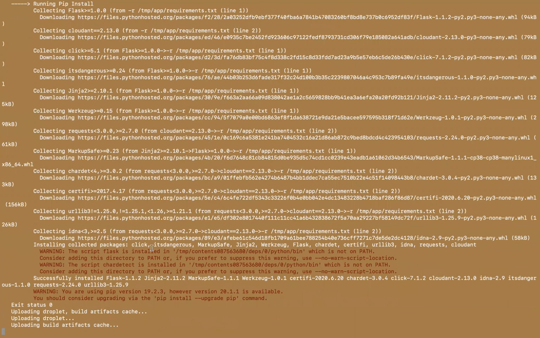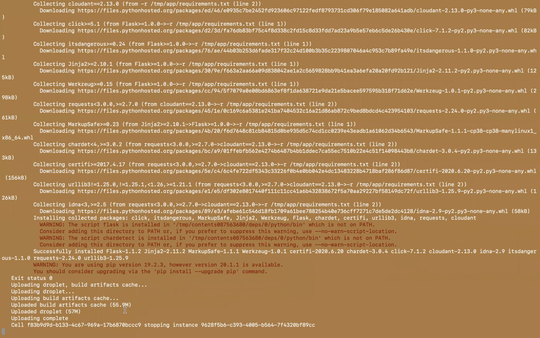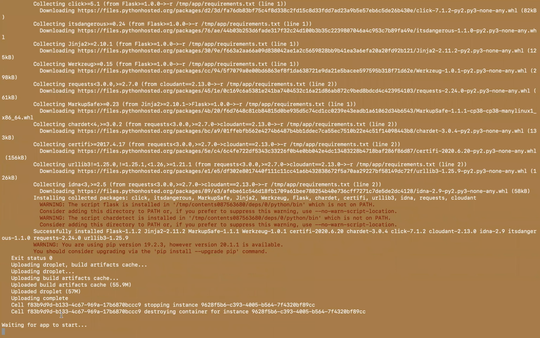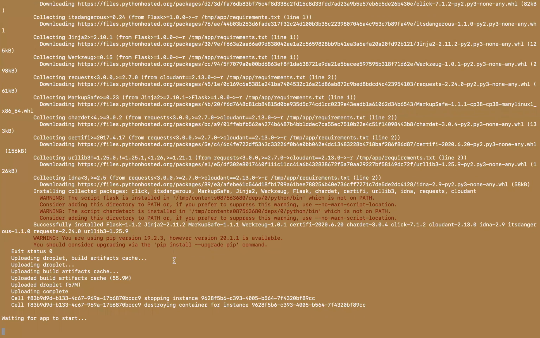Now it has pushed everything, and it is trying to start your app. Now you can see that your app is started.